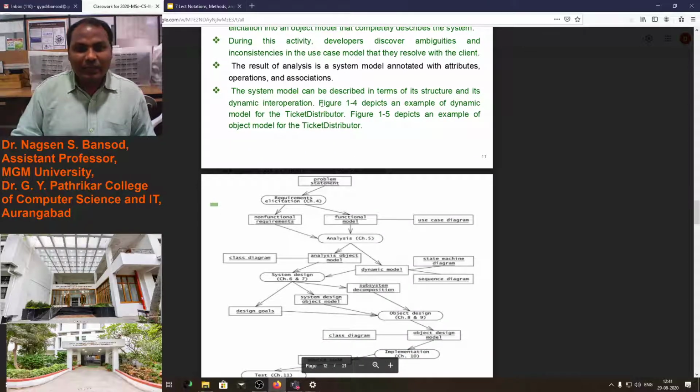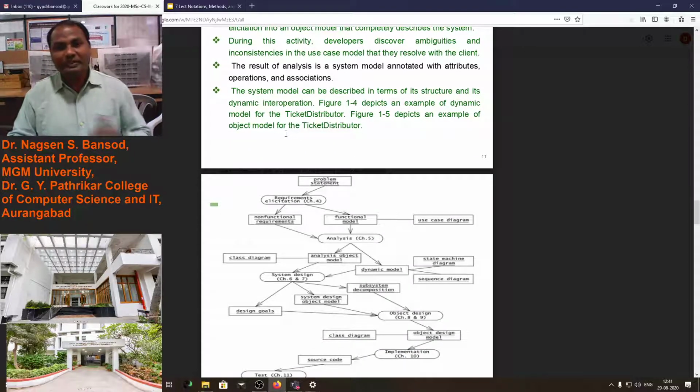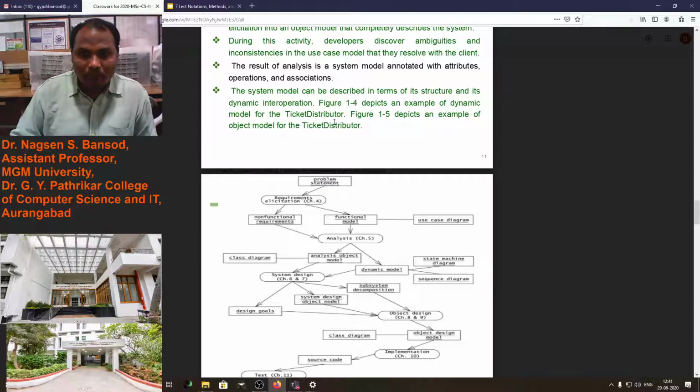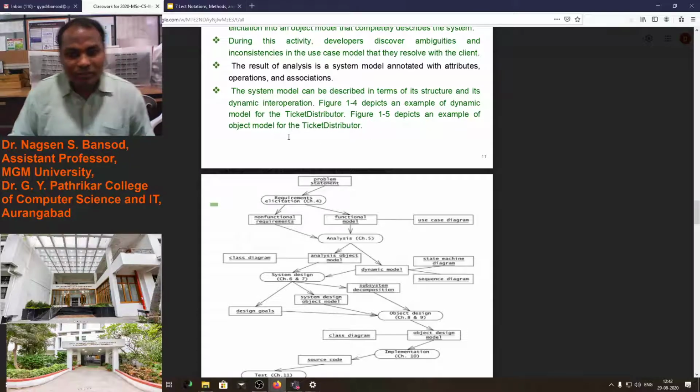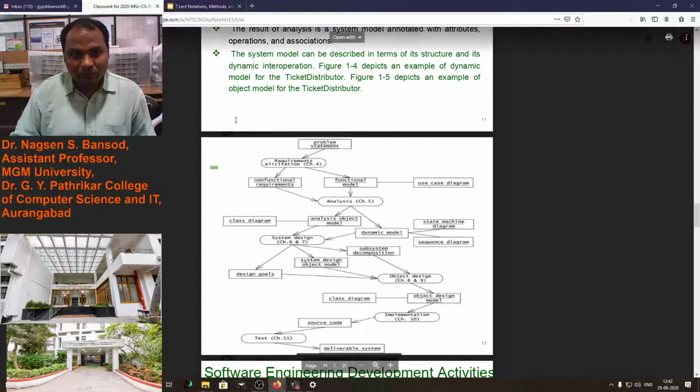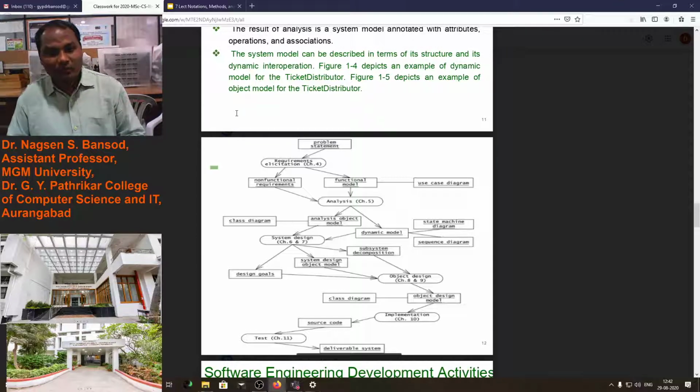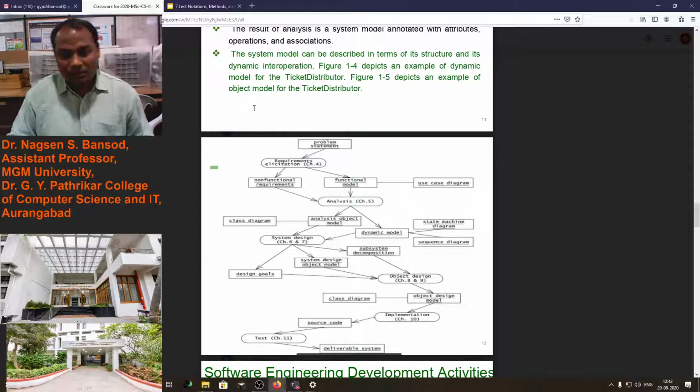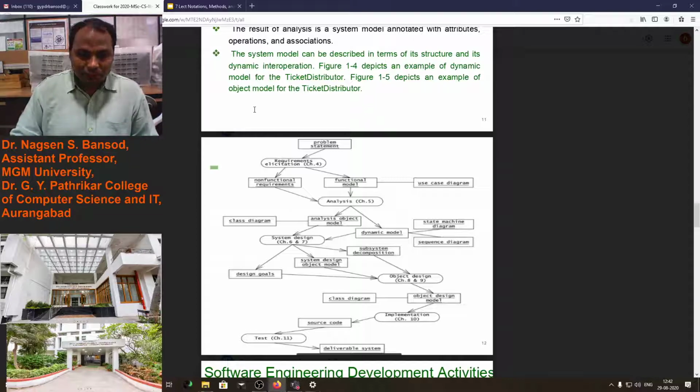The system model can be described in terms of its structure and its dynamic interactions. In the figure, the dynamic model for the ticket distributor is given. There is figure 1.5 and figure 1.4, the object model for the ticket distributor and the dynamic model of the ticket distributor.